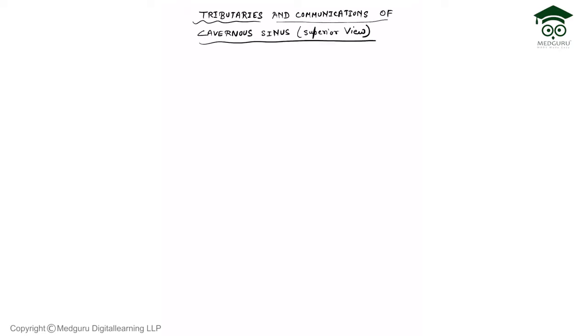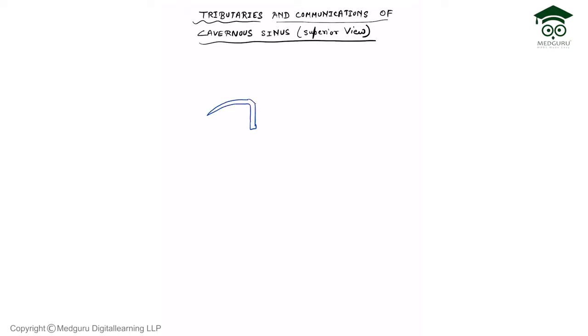Now starting with the tributaries and communication of cavernous sinus. So we will make the diagram showing the tributaries and some of the communications of cavernous sinus. So for this, we will make the diagram. Firstly, the tributaries and communication as seen in this diagram is from the superior view. So we will start making